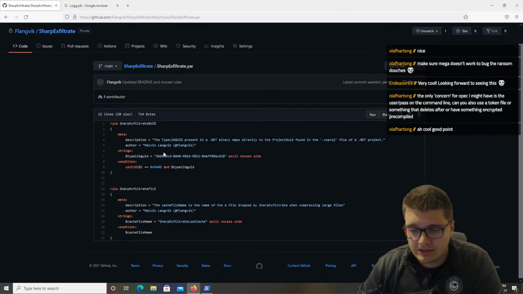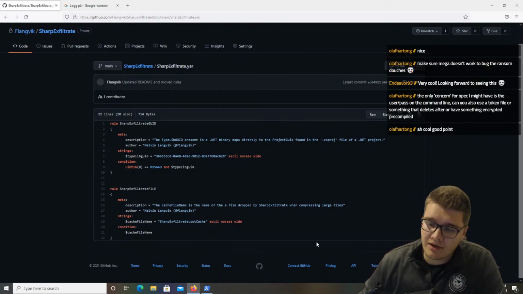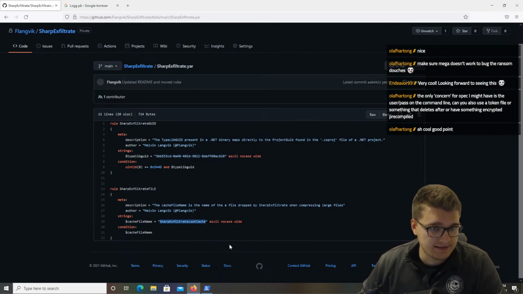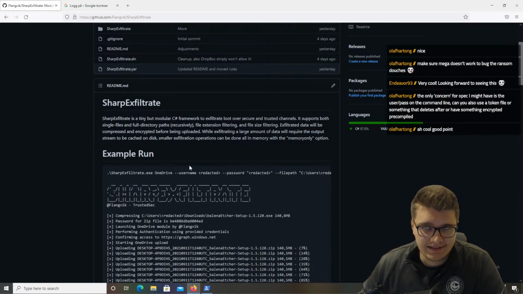And then the other detection rule is for the cached file name that it drops on disk whenever you do compression and you don't specify the memory only option. So in the temp directory there will be a file called SharpExfiltrate loot cache that will increase in size as you add more to the compressed library. That gets uploaded and then it deletes itself afterwards. So if you get any alerts on this, then somebody used SharpExfiltrate straight out of GitHub, didn't change anything, which is